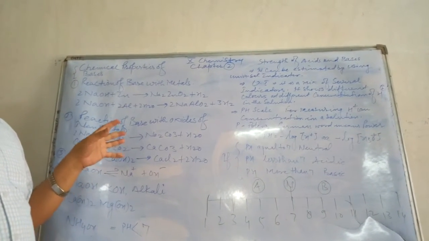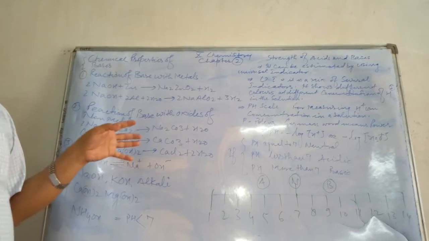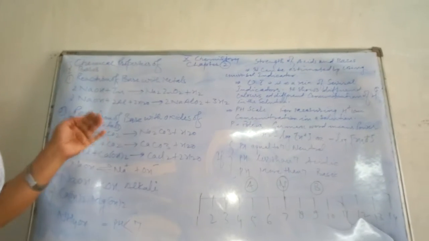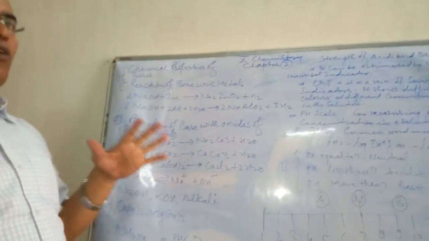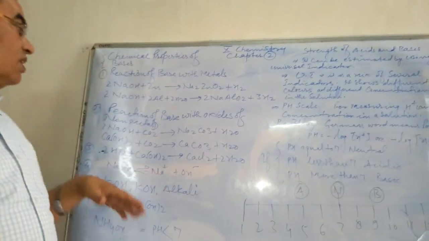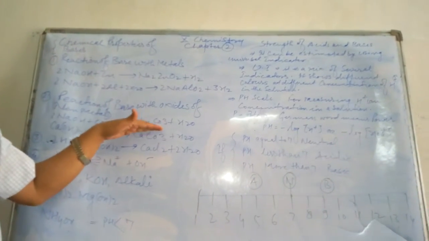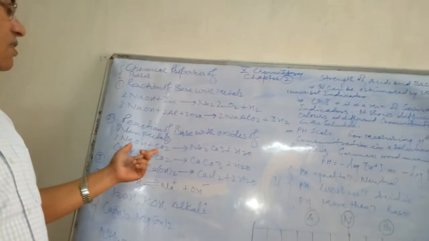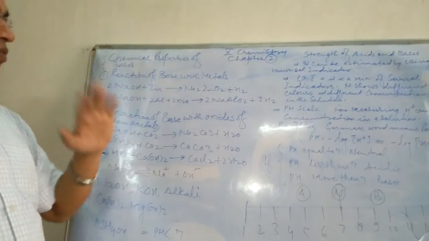At the very first, children, non-metals are carbon, sulfur, oxygen, chlorine, bromine, likewise. So non-metal oxides means sulfur dioxide, sulfur trioxide, carbon monoxide, carbon dioxide. These are non-metal oxides. The very common non-metal oxide is carbon dioxide. So when bases react with a non-metal oxide, they provide salt and water. You see here a reaction, 2NaOH + CO2, and the products are sodium carbonate Na2CO3 and H2O.